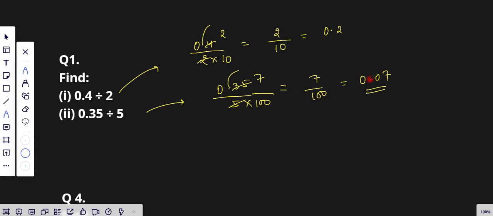You can even check this by manually dividing 7 by 100 like this. When you divide 7 by 100, obviously 7 is less than 100, so I put a decimal here and 0. But again 70 is less than 100, so I put 0 here. Now I can write 100 sevens are 700, so you will get the same answer, that is 0.07. I hope even this thing is clear to you all, right? Note it down fast.